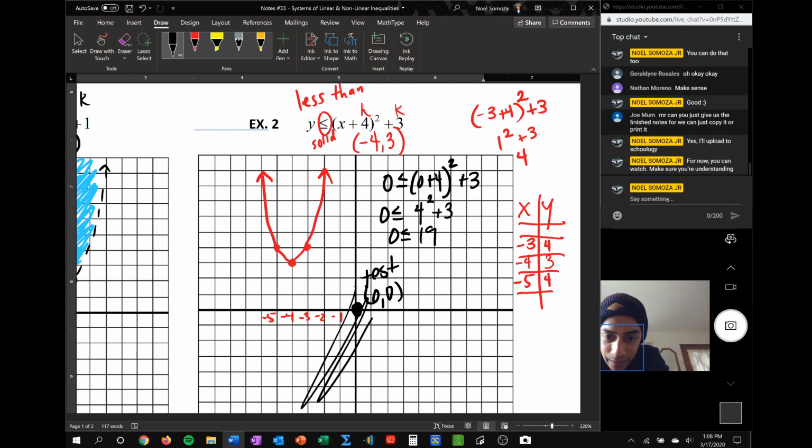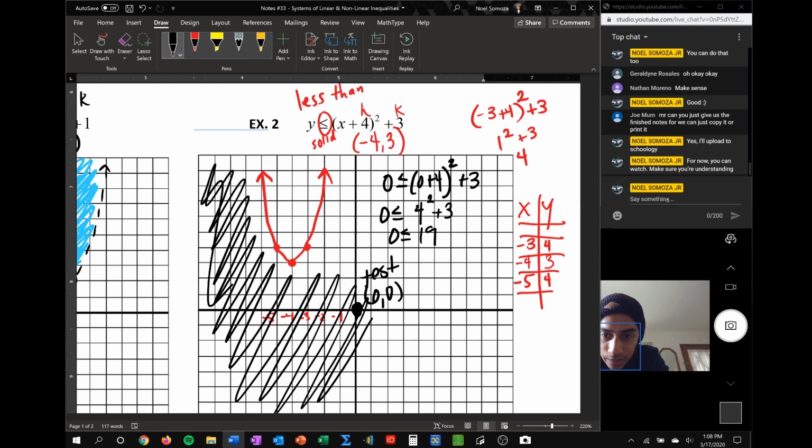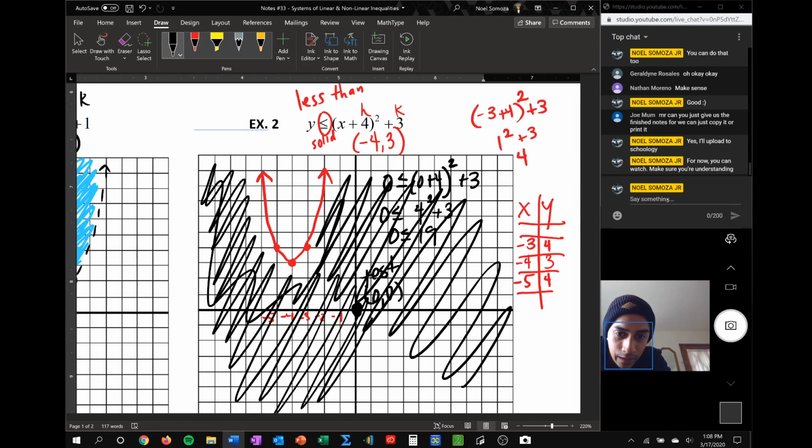So you see every part that is outside of the parabola, that does not include the inside. Everything that's outside gets to be shaded. So include some of these pieces over here. Okay. So everything else